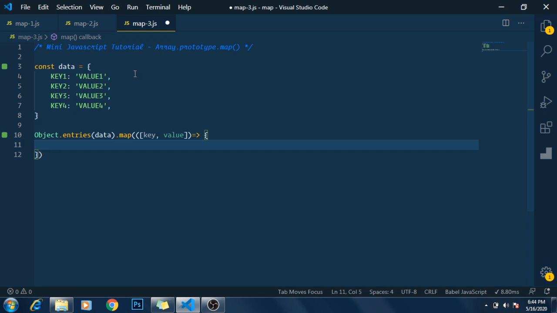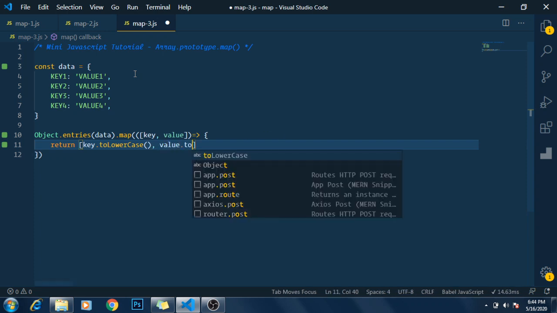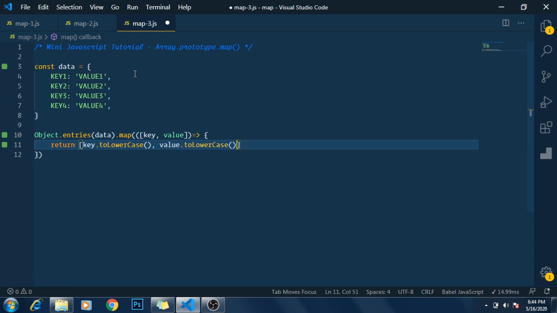I'll just go ahead and return a new array, that is key.toLowerCase() and value.toLowerCase().